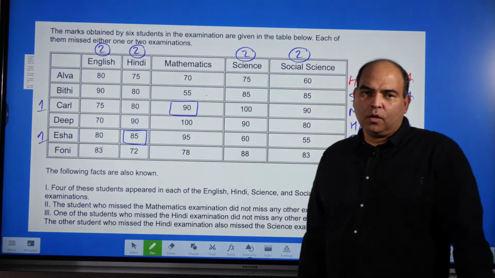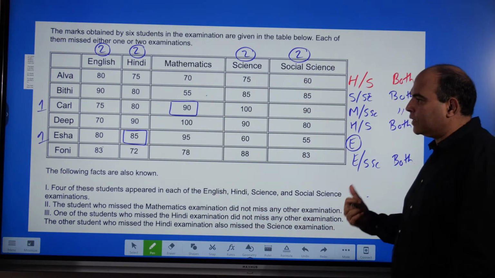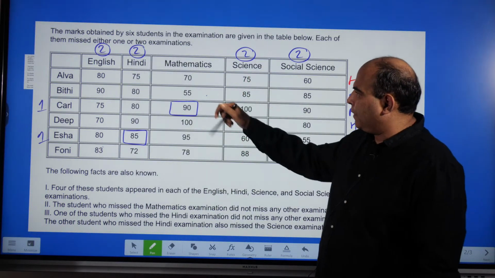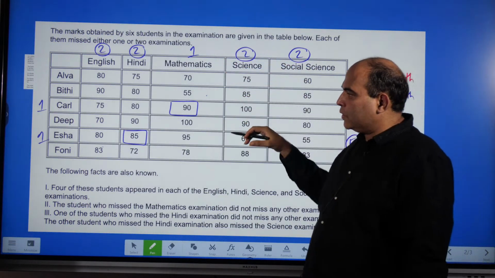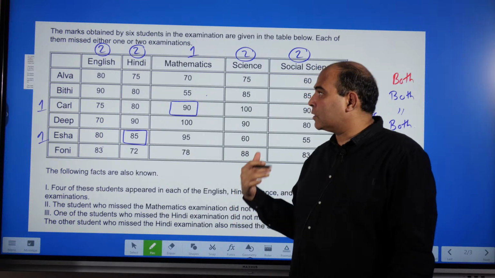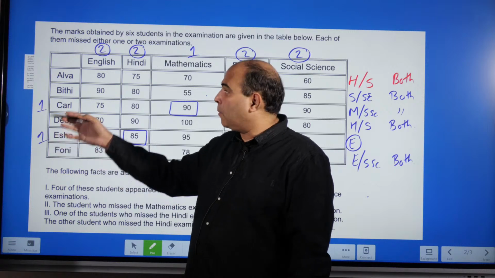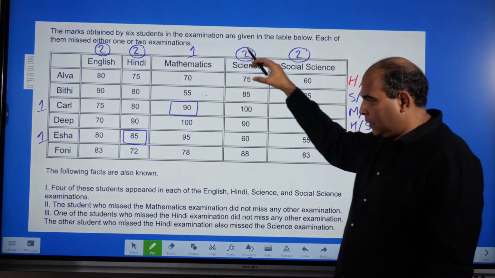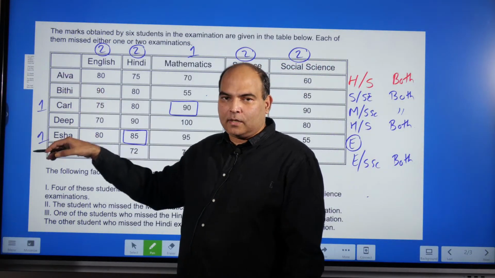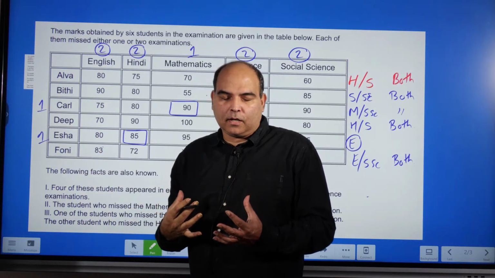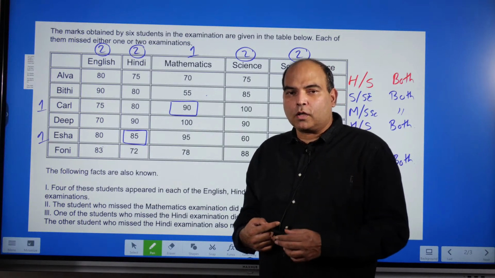Carl would have only missed 1 exam, because the student who missed the mathematics exam did not miss any other exam. So now, if I go through the columns, I realize that there are 9 numbers which are replaced numbers because they have been missed by people. In the rows I've got 1 here and 2 here. So the number of values missed in the column-wise tally should be equal to the number of values missed in the row-wise tally. And this is the constant structure